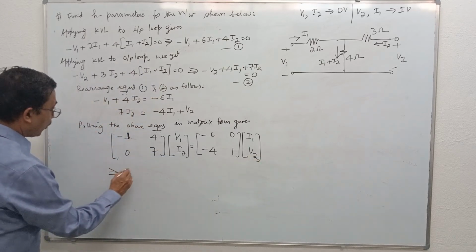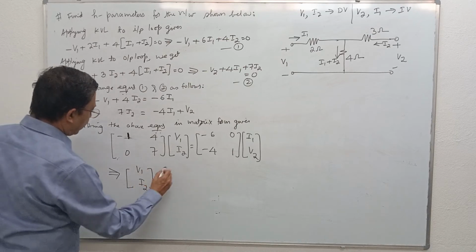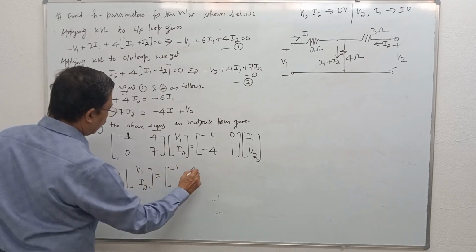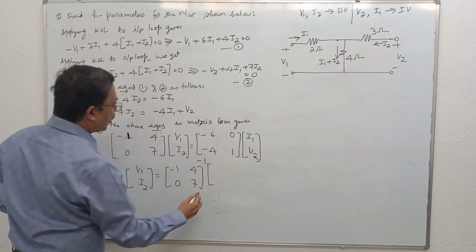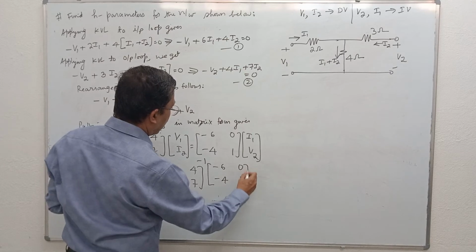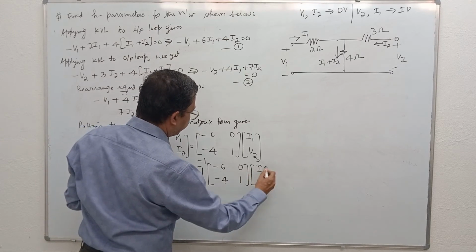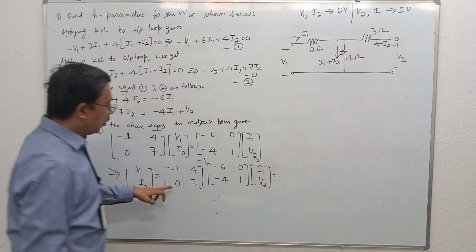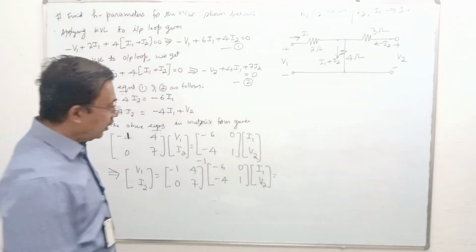This implies column matrix V1, I2 is equal to the inverse of minus 1, 4, 0, 7 multiplied by minus 6, 0, minus 4, 1 multiplied by column matrix I1, V2. You take the inverse of this matrix and multiply, you get the result